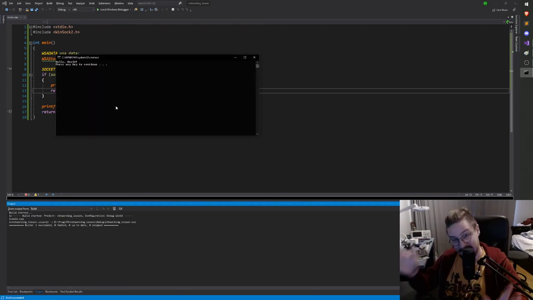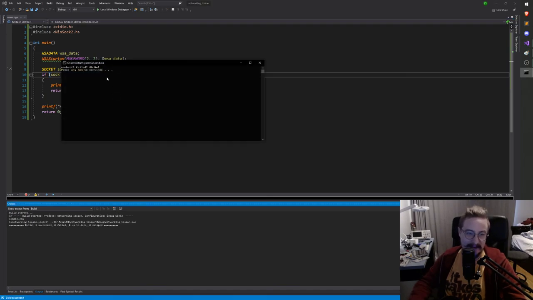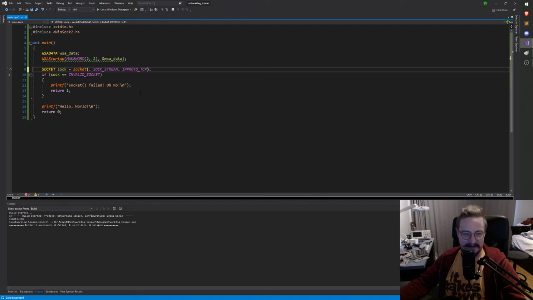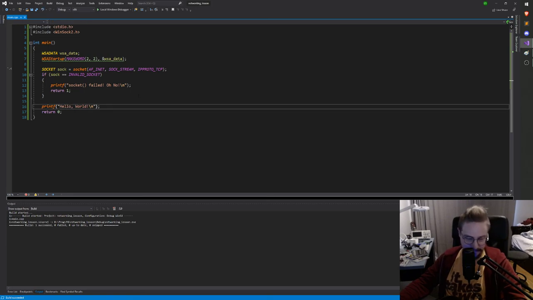Hello world! Okay, so we didn't fail. Of course, if I do something weird here, where I input some random number for the type, then socket will fail because it couldn't find a socket type of 5245, whatever it's supposed to be. So as long as we provided logical parameters, then we should have made a brand new socket for ourselves. Very nice. But of course, making a socket on its own isn't very interesting. Sockets are made to communicate with other sockets, and that's what we're going to look at in the next lesson. So stay tuned.